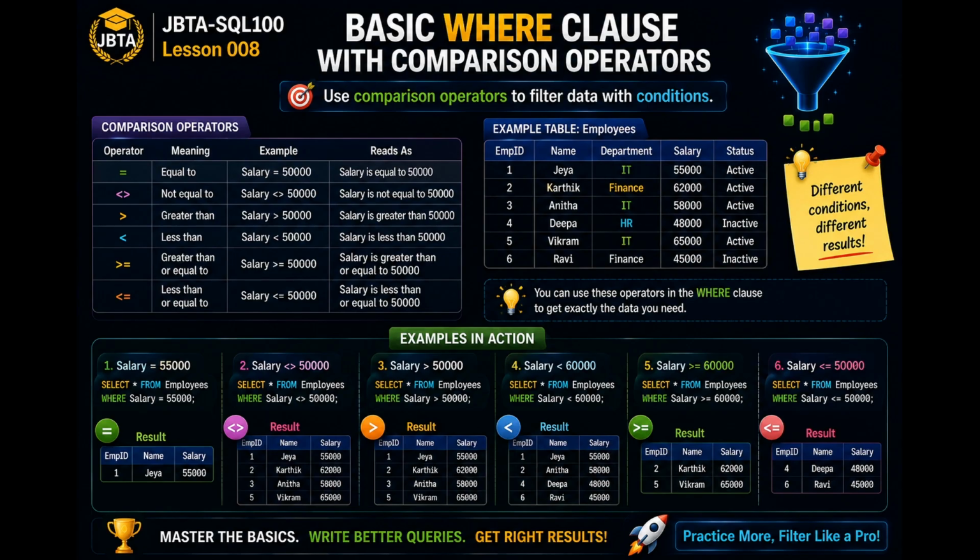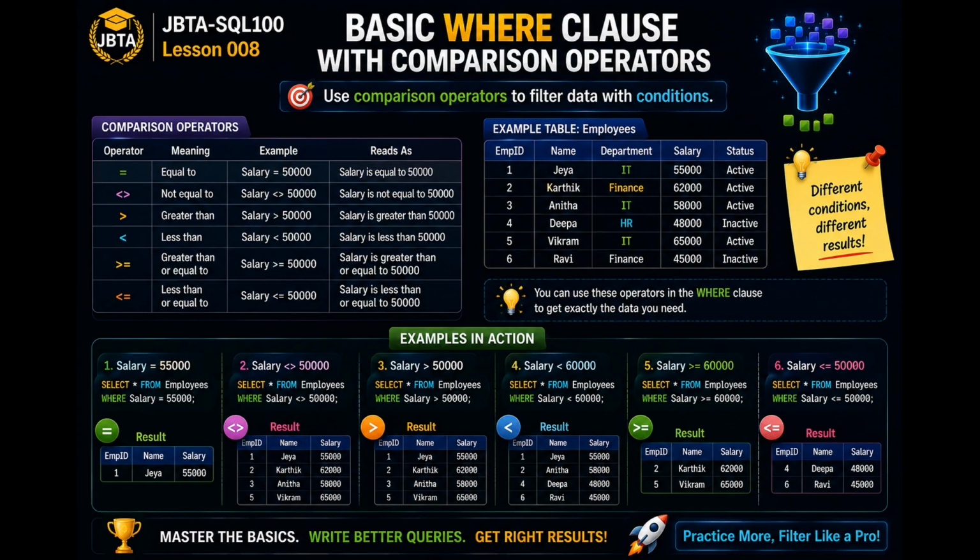The next operator is greater than. This returns values larger than the specified number. For example, salary > 50,000. Only employees earning more than 50,000 are displayed. Similarly, less than returns values smaller than the specified number. Then we have greater than or equal to. This includes values that are either greater than the specified number or exactly equal to it. Finally, less than or equal to returns values that are either less than the specified number or